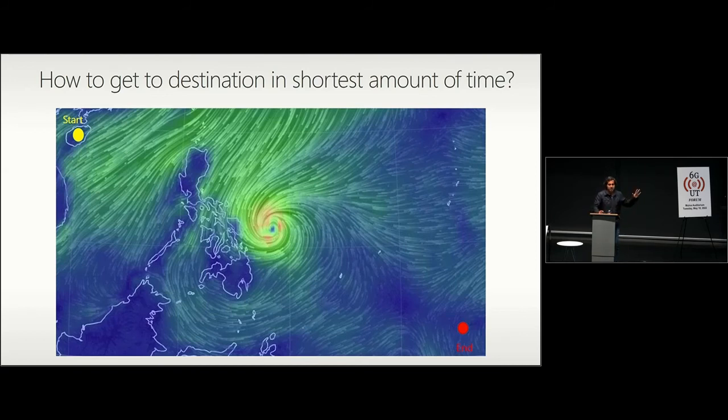So this is an existing network of airplanes that exist out in the world. What I'm showing you is that imagine you have a wind field and you want to go from a start to end on an airplane. So what you got to do is you got to know what the wind field is. If you know what this wind field is, you can really cut down on your flight time. I grew up in India and I often go to India and it's a 16-hour flight time. Sometimes that flight time reduces to 12, 13 hours because you can have favorable winds. And in fact, there are teams in aviation circles that are trying to optimize this, but they are trying to do it with a very sparse amount of data.